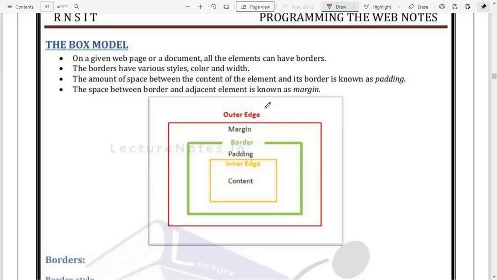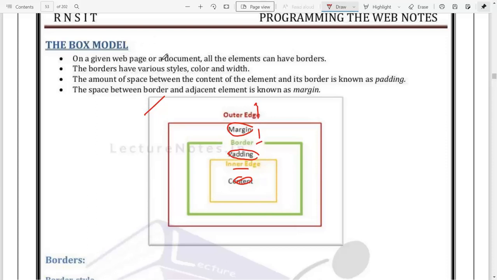So in this box model, whenever you consider any web page or any content or any tag, it will have something like this, which is called the content. The data that you have will have an inner edge, and it will have a border. So the space between the border and the content we consider as padding. Okay, and after the border, to the next tag, whatever you have, is nothing but your margin.